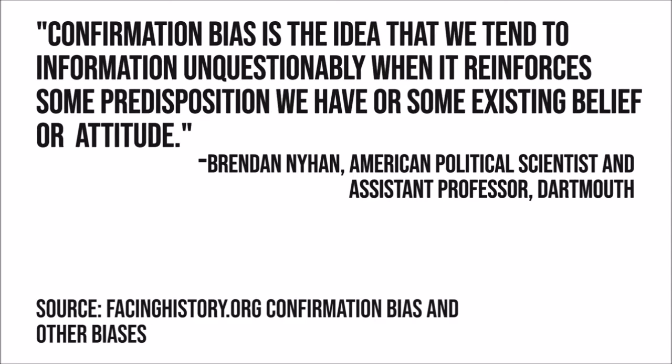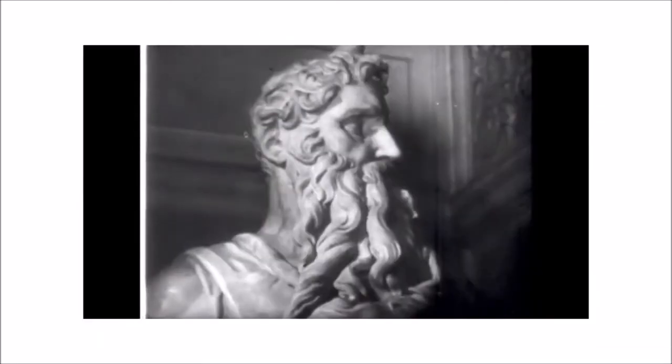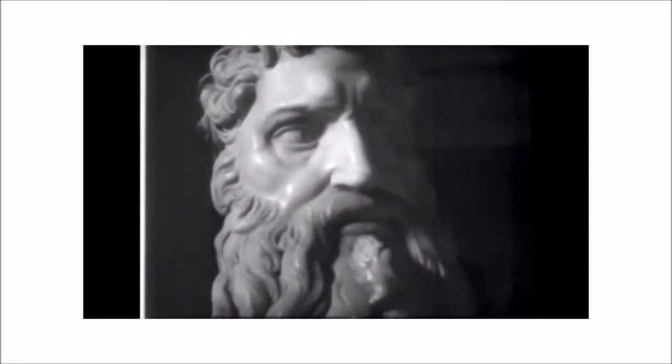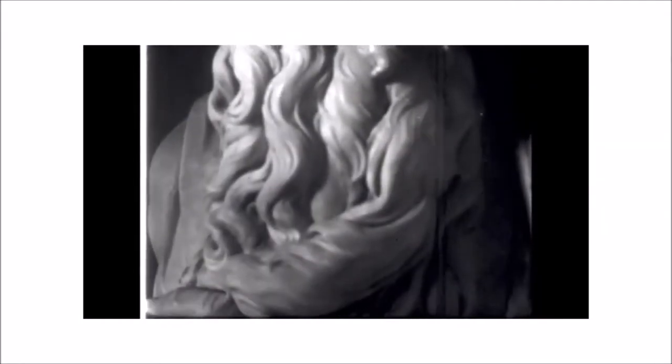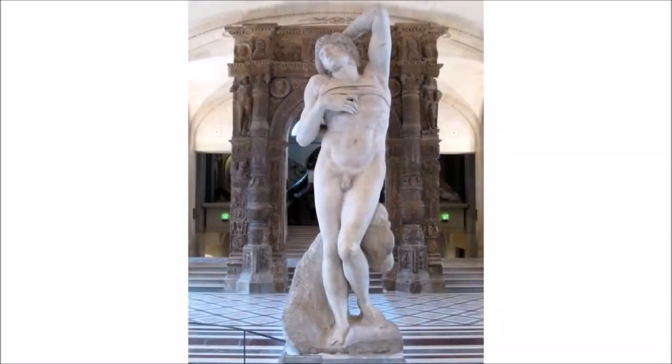For an example, let's turn to the way confirmation bias might have shaped how classical sculpture was viewed over the last several centuries. To offer some quick background, during the Renaissance, artists were inspired by sculptures from antiquity, as you probably know, and in particular sought to emulate their naturalistic depiction of the body's form, as we see in this famous sculpture by Michelangelo of the Slave.